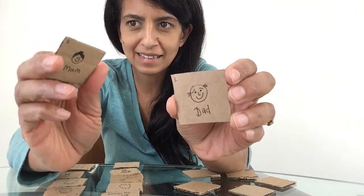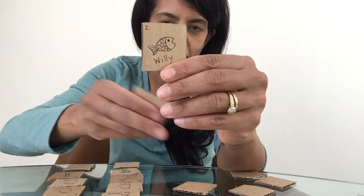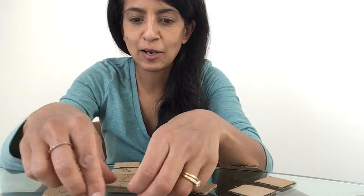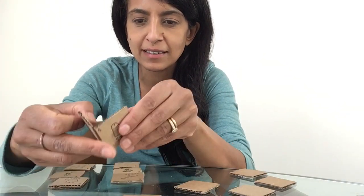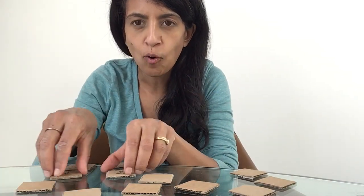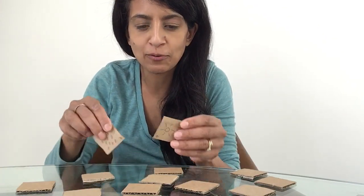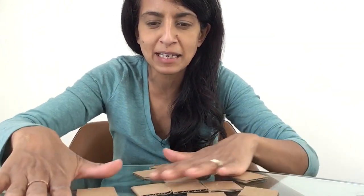So I finished drawing lots of pairs. So you could draw mum and dad like that. You could draw your pet, as I said, and then where they live, for instance, or their pet food, or maybe you've got 2 pets, your head teacher and your school maybe, or your class teacher and your head teacher. Or you could do pairs that naturally go together. You don't have to make it things from your life. It could be like salt and pepper, or bucket and spade. Or you could do opposites, Cookie and Jake, perhaps your favourite characters from your favourite book, or opposites, there we go, Rainy and Sunny. You can have real fun drawing all the pairs and making them personal to your life